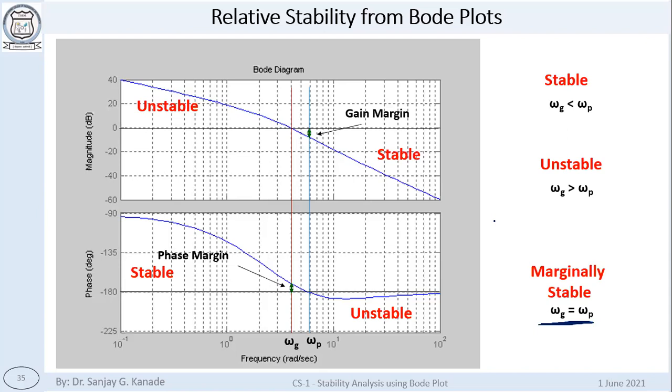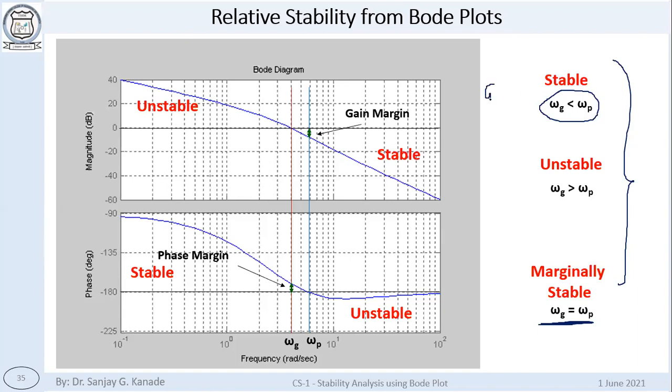Gain margin as well as phase margin must be positive. That condition will happen only if this condition is satisfied. You can see logically, you can try to draw various situations of these three situations, right? These are the only three possibilities: omega G can be less than omega P, equal to omega P, or greater than omega P. You can try to draw various graphs of various combinations like this and see whether you can draw something where you get negative margins or positive margins for whatever the condition.